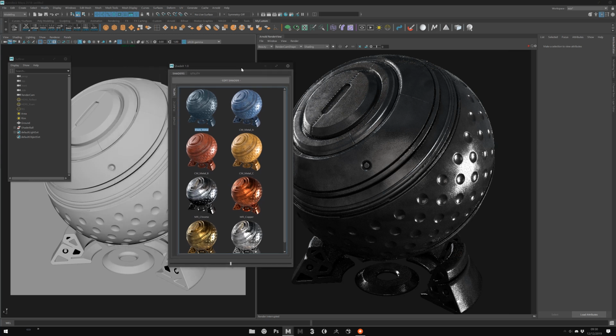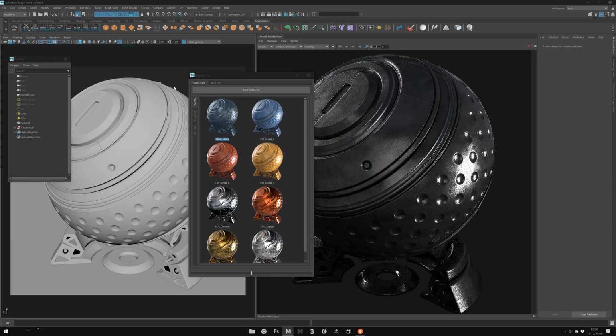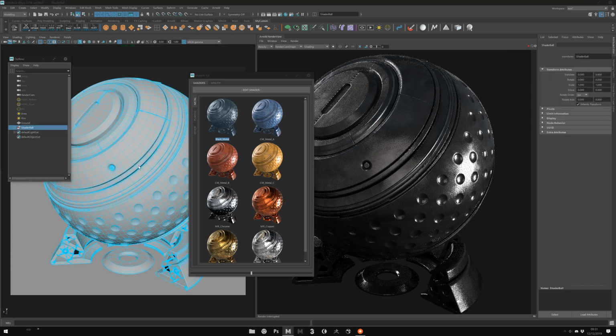Now, if I want to edit my shader, it's really simple. You select a mesh with the shader and you click edit shader. Be really careful one more time. You don't need to, and it's not advised to, select all the meshes each time, okay?